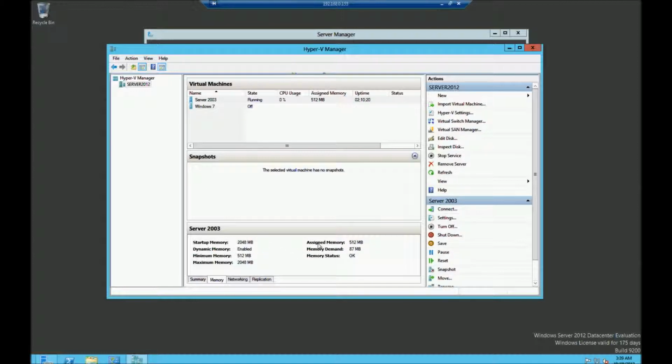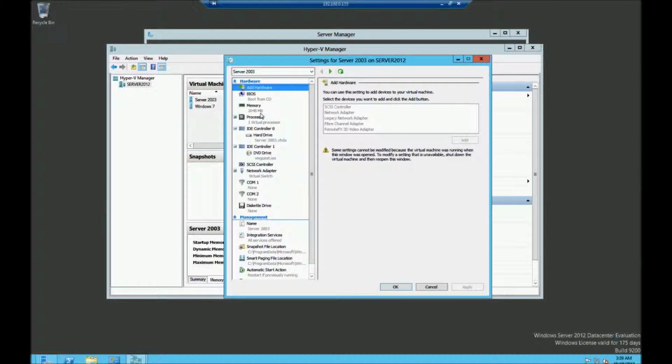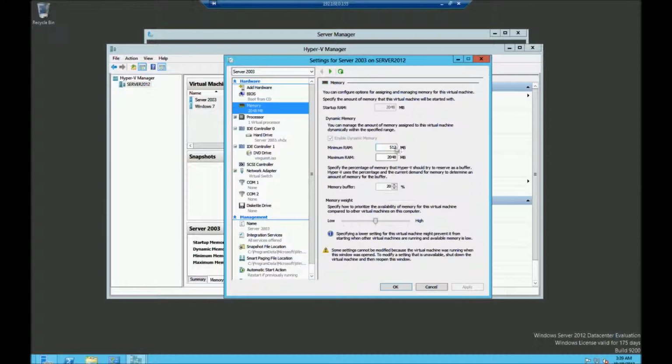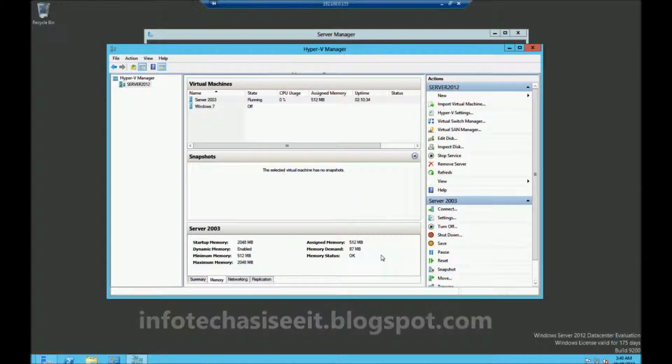So you see the dynamic memory setting that we put in, which, remember, was in the settings of the VM under memory. You can see that we can start as low as 512 and go all the way up to 2 gig. But it's only assigned 512, and it's only really using 87 meg right now. That's kind of nice, because you've got virtual machines, but they're relying on very physical resources. So that could be helpful if you're running a number of VMs and you had